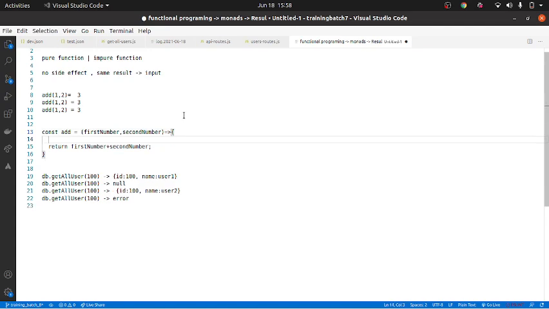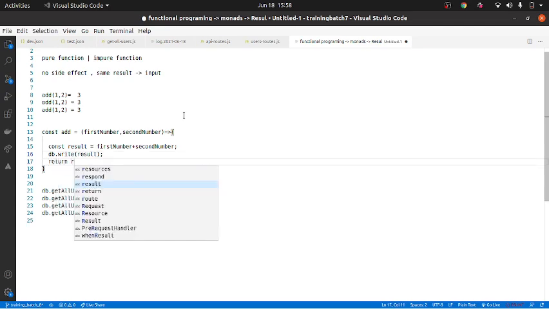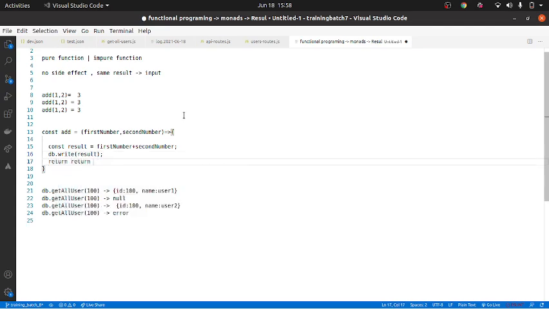Now apart from doing this, let us say const result equal to this. I write the result to the database with db.write and then return the result. Now this also is not a pure function because there is a side effect. The side effect is that something is getting updated in the DB.